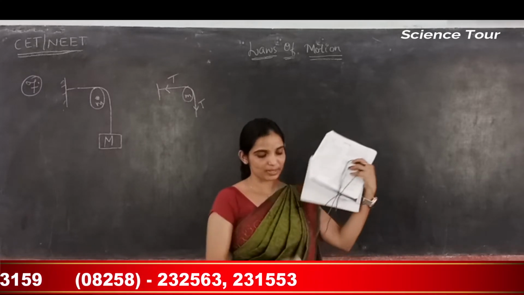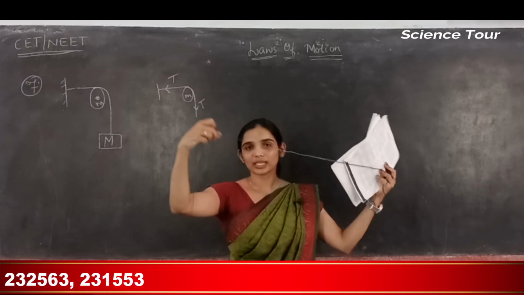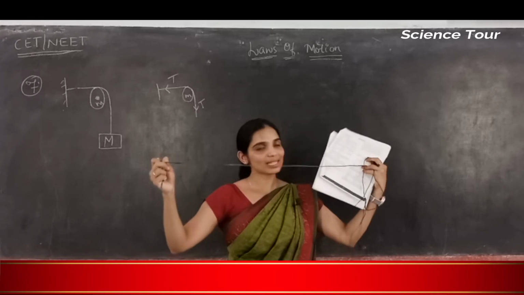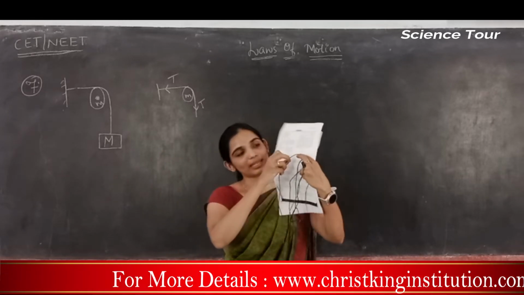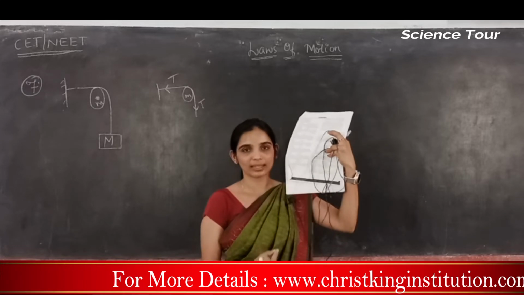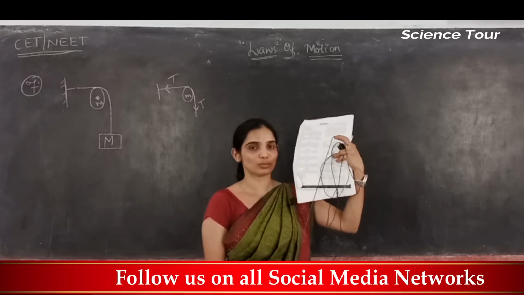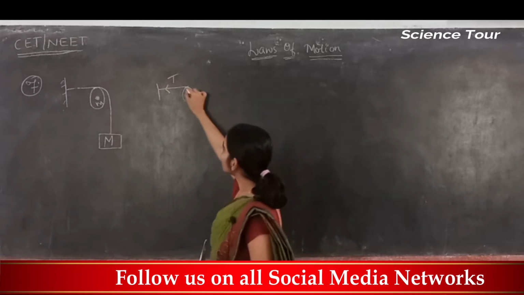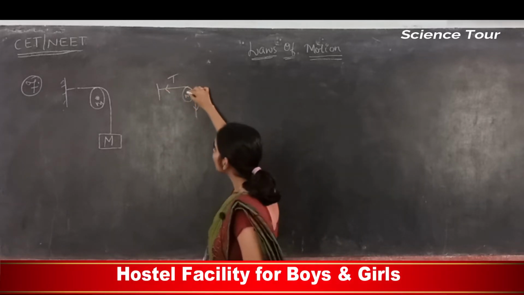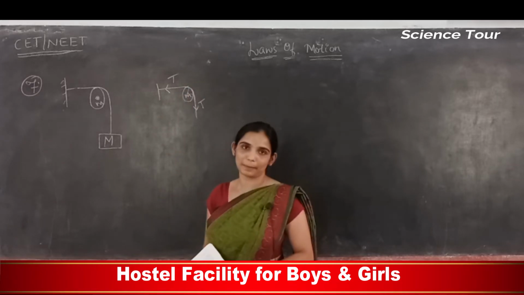The rope is tied here. One end is passing through the pulley. Since it is tied, here also you will have the tension, and from here it is connected to the pulley, and the other end is also connected to the block of mass M. This end is also having tension. So tension here is downward, tension here is upward, because this is the free body diagram of the pulley.